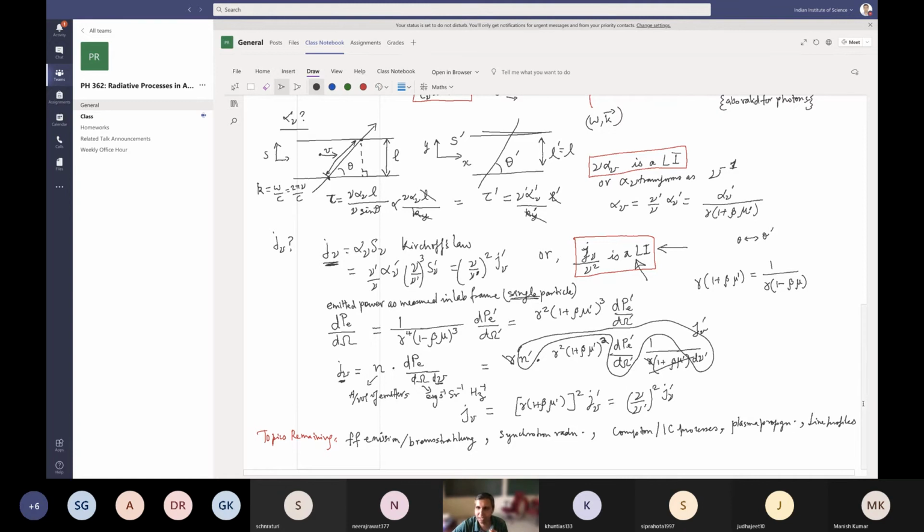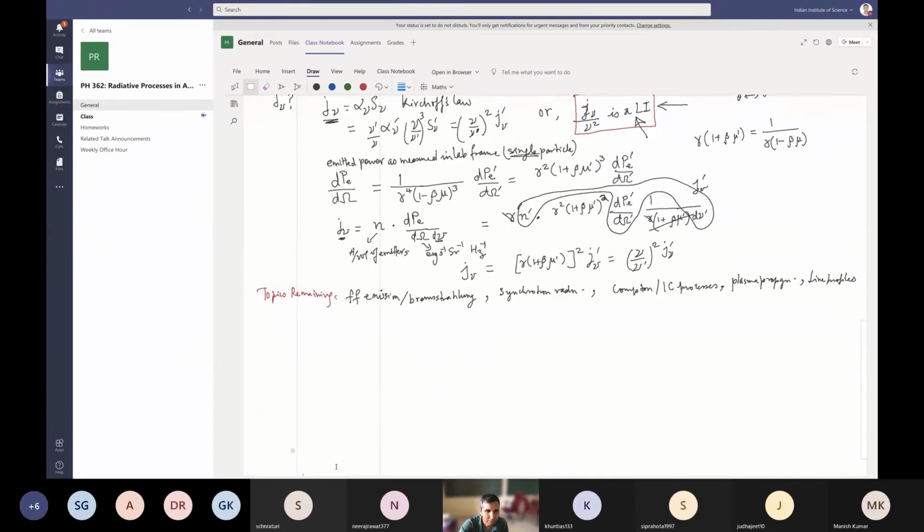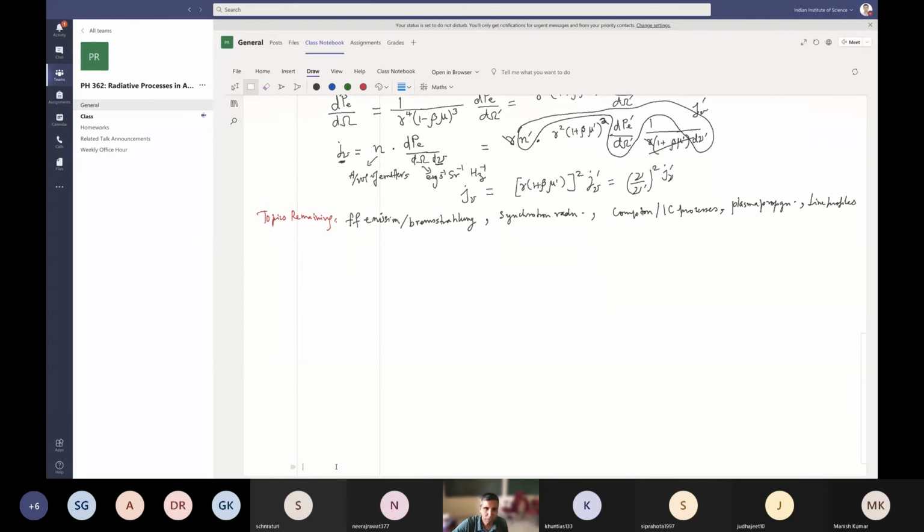So Bremsstrahlung is the first thing that we'll do starting from the next class. I don't want to start that today itself, but I can tell you what Bremsstrahlung is. So Bremsstrahlung is a thermal radiation mechanism. So if you recall our definition of a thermal radiation,